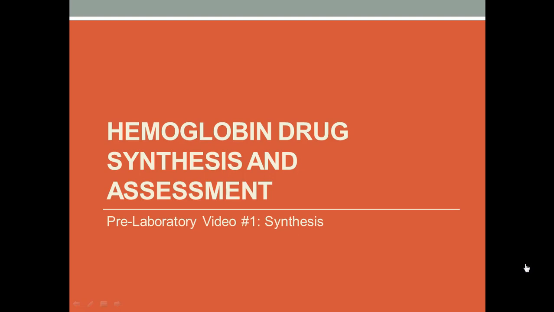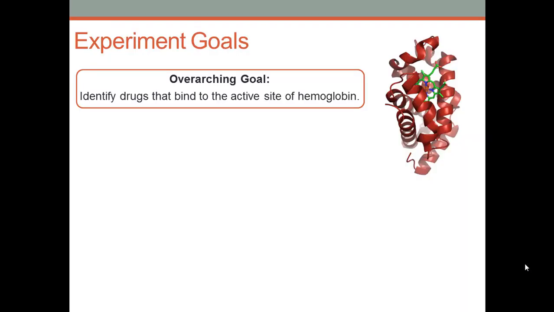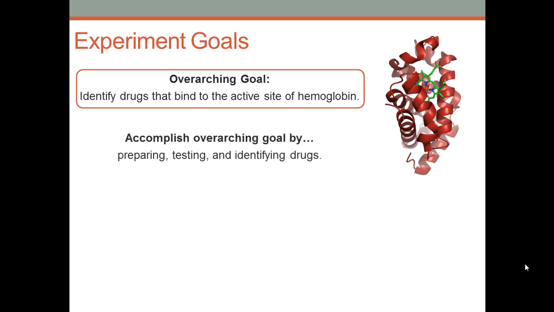Today we're going to be focusing on the synthesis portion of the experiment. So the whole goal of the experiment is to identify drugs that bind the active site of hemoglobin. And you're going to accomplish this goal by actually preparing different drugs. You're going to test them for their binding activity, and then you're going to identify the best binders as potential